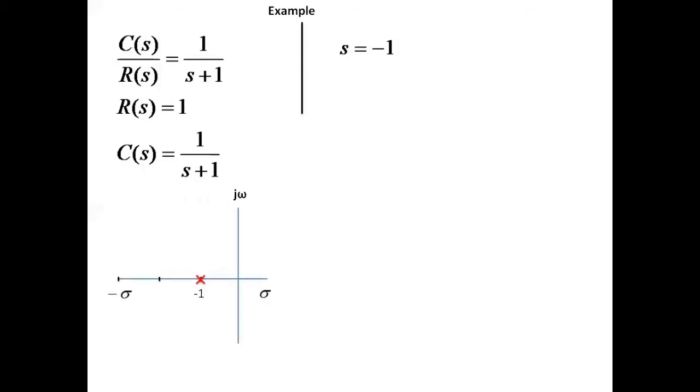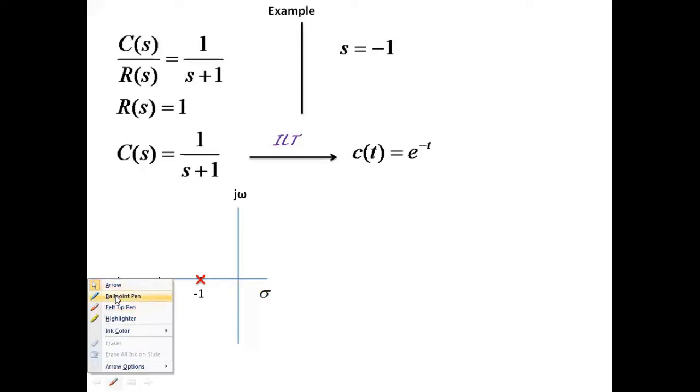If you plot it in the S-plane, we can plot minus 1 on the negative real axis. And we know the representation of a pole is a cross mark, which has been specified here. Then our point of interest is to calculate the response. If you take the inverse Laplace transform of C(s), we can obtain c(t). So c(t) is, using the Laplace transform identity 1 by s plus a, nothing but e to the power of minus at. So we obtain the response e to the power of minus t. This is our point of interest.